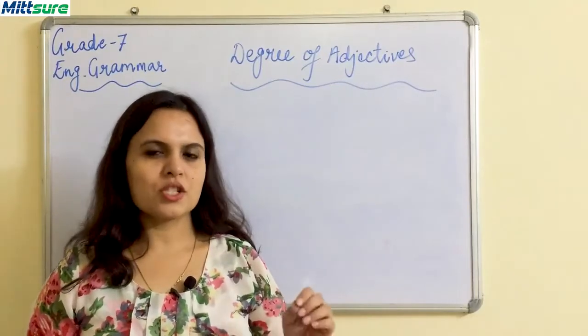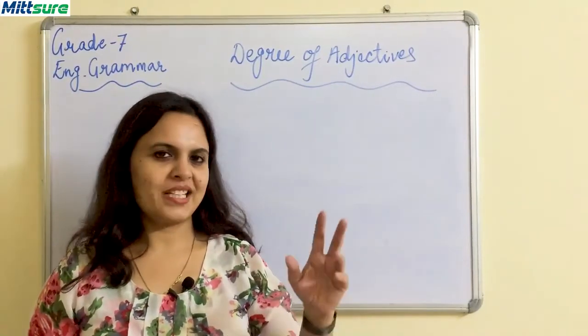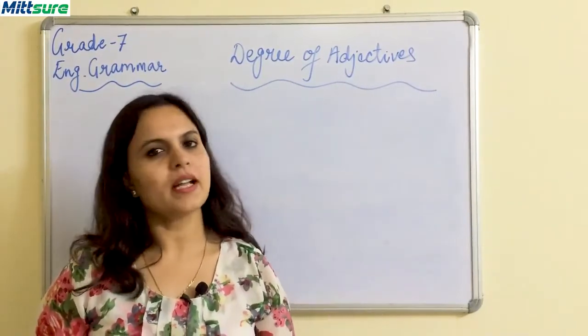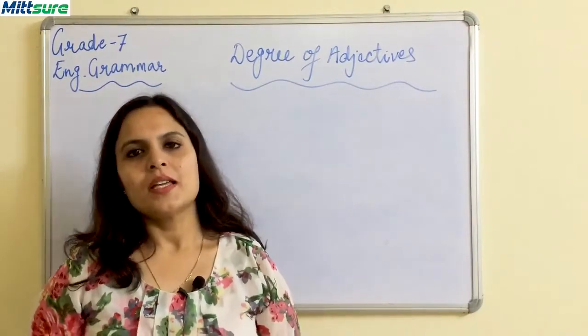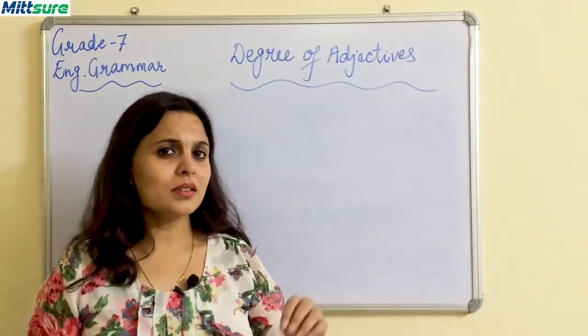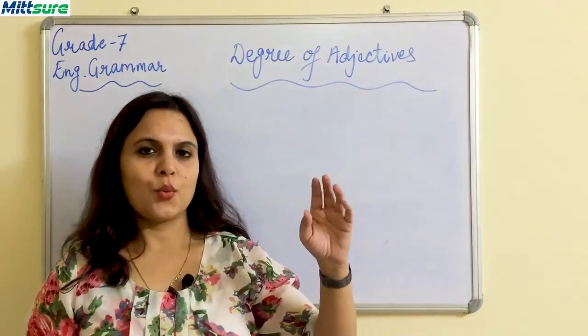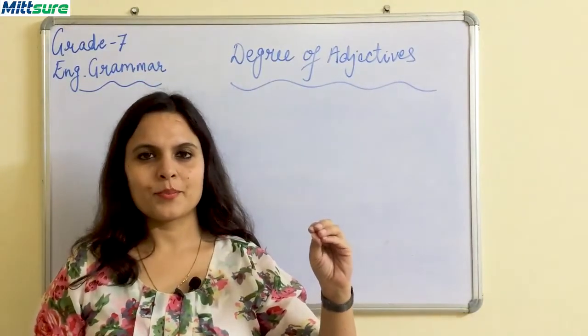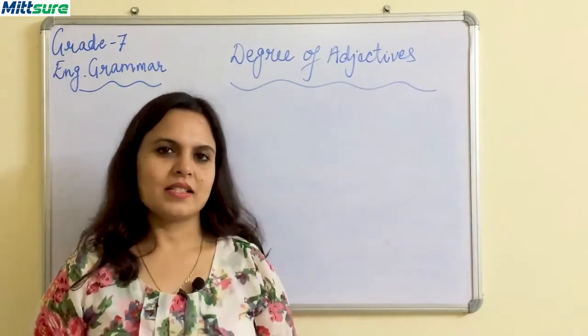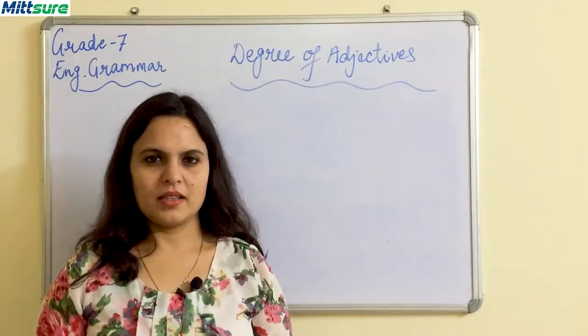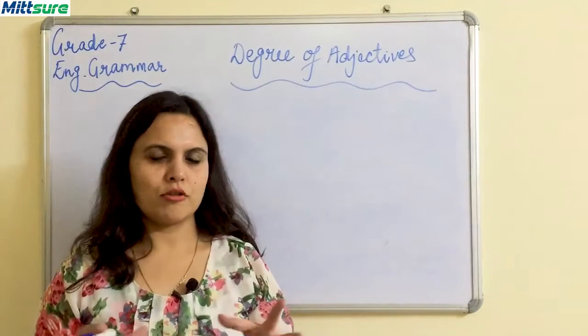So the suffix which is added to the adjective is er in the second form of degree, that is comparative. Then comes the highest degree of adjective, where the suffix est is added, right, in the root word of